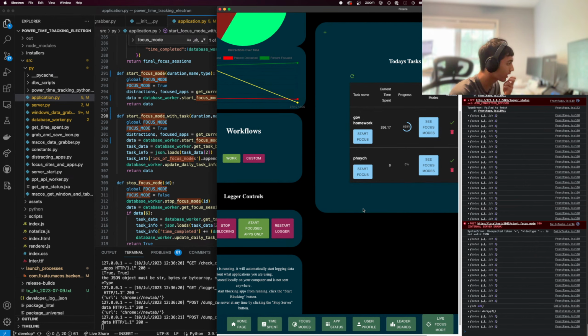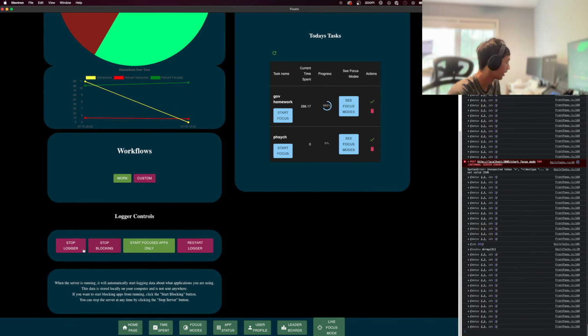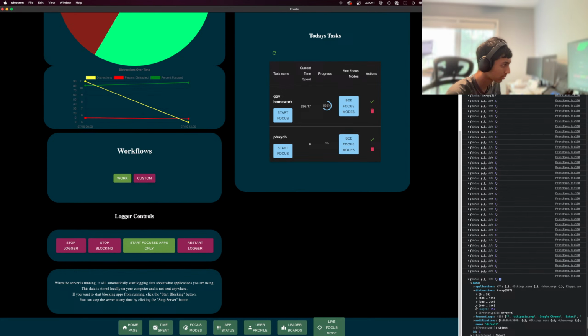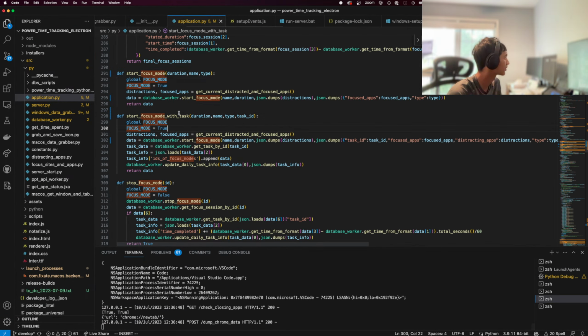I hate that it doesn't automatically do that. Okay, so it did it, and then logger controls are still here. It doesn't show that a focus mode has started, which is a little concerning. Does it know that a focus mode has started? Data. Let's go see. If we start console.logging